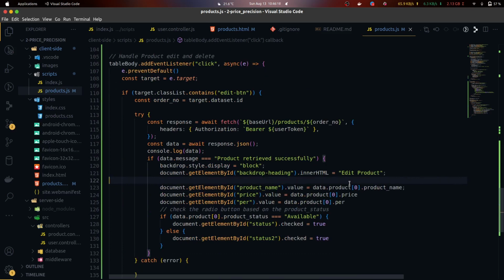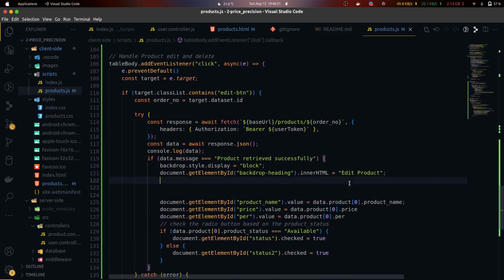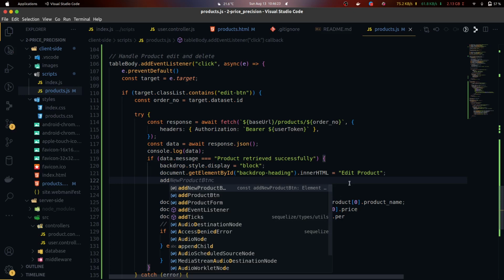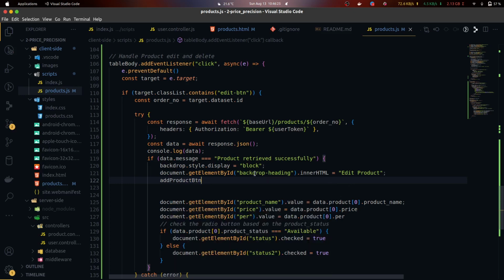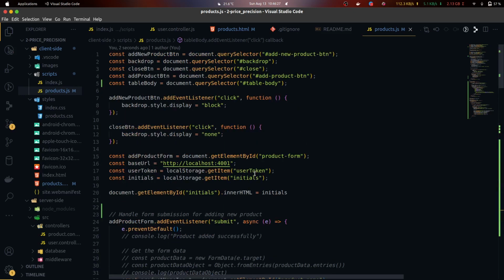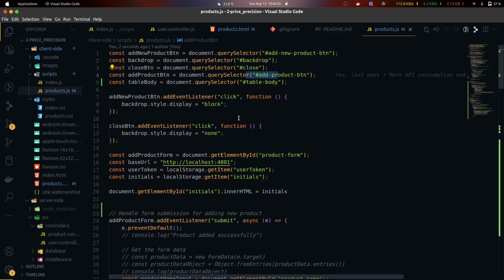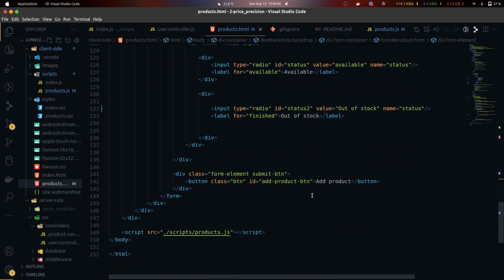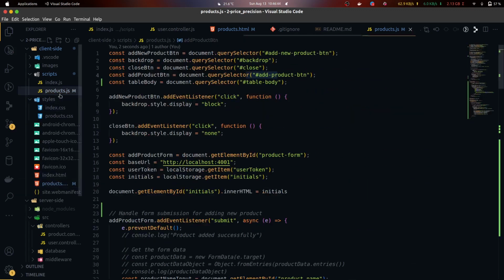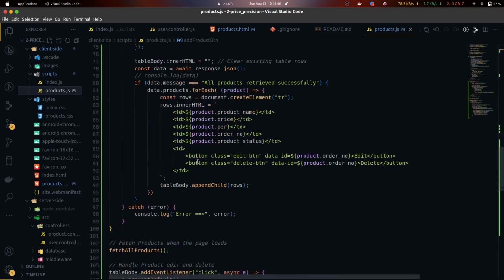Let me just give some space. So add product button. I think she already created a variable for it. Which one is it? Sorry. Okay, it is add product button. So addProductButton.innerHTML is equal to